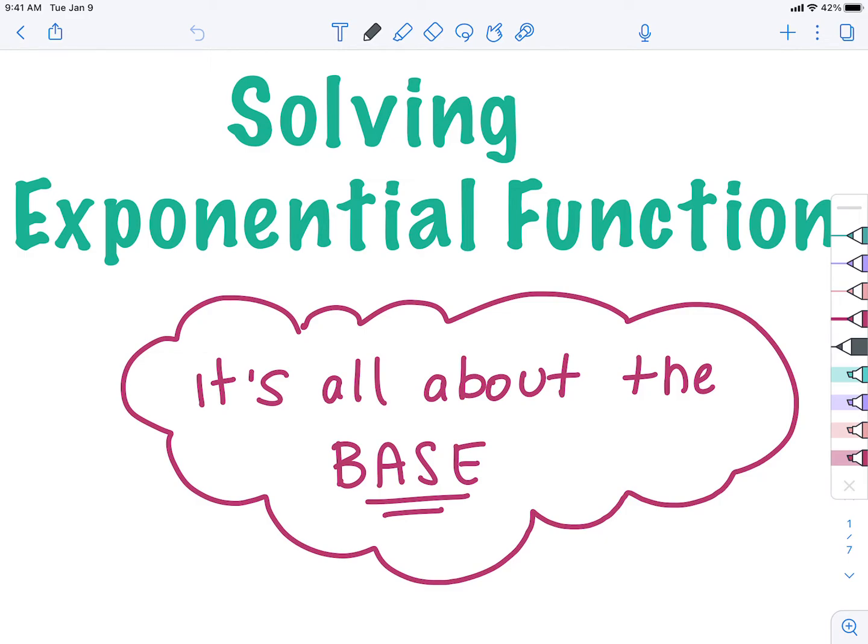So our last section that we're going to look at for exponential functions is solving exponential functions, which means that